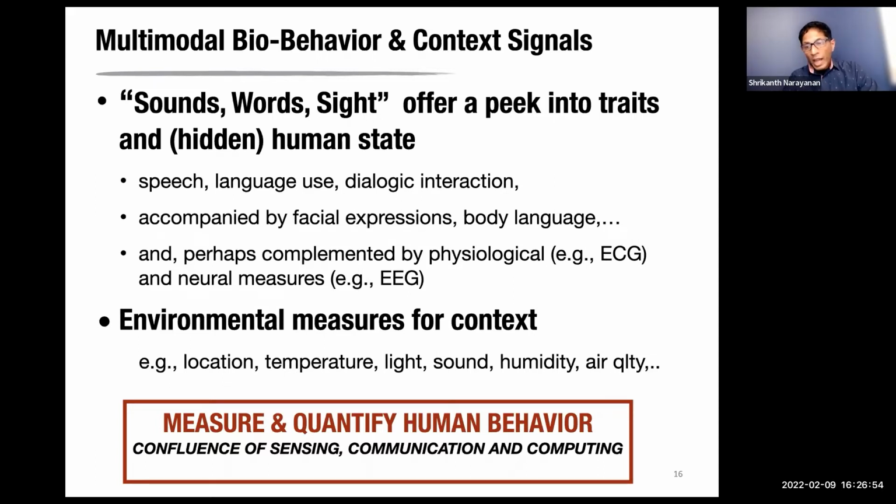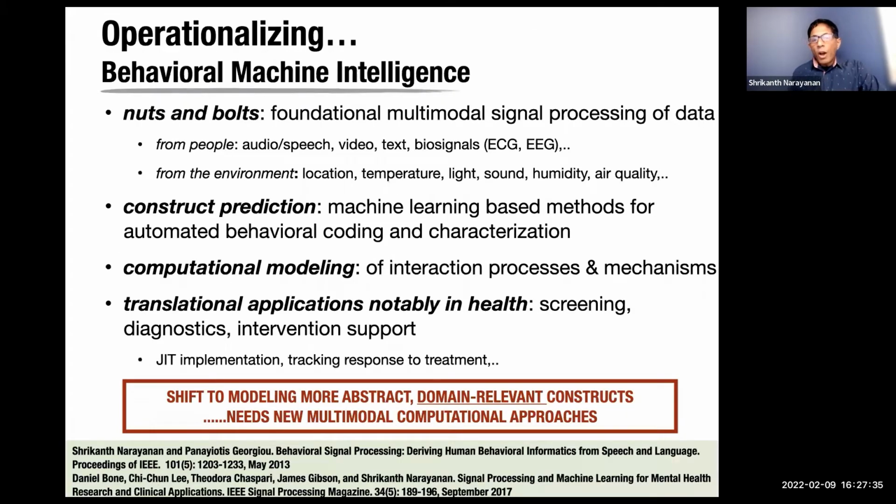And the other thing that's also possible in this increasingly rich data world is appropriate environmental measures for getting contextual information. That is, we can understand why something is happening based on, for example, location. Maybe someone is raising their voice because it's very noisy in the background, and not necessarily because they are upset. So being able to do this multimodal behavior analysis in context is increasingly possible in specific circumstances, and to operationalize that,